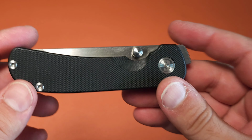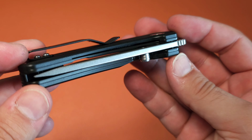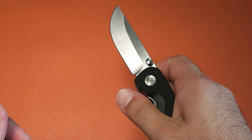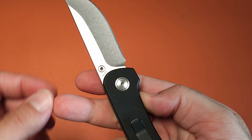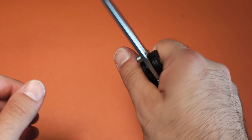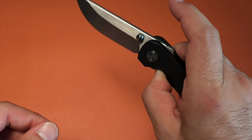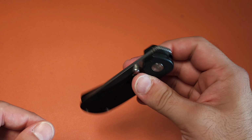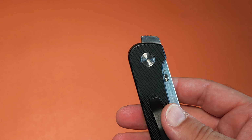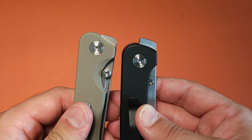Okay, so the next one is another front flipper from Mitron. This is one of their least expensive knives. I think this thing comes in around $27 the last time I checked. It is a hollow ground knife with a 14C28 blade steel. Another really good value knife, really chunky handle, very cool knife, really good action. And here's the thing about this. The front flipper has many of the problems that we've talked about with the Pagos, but it is definitely a